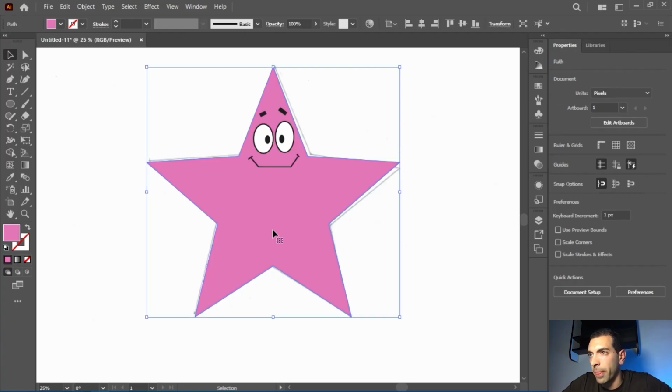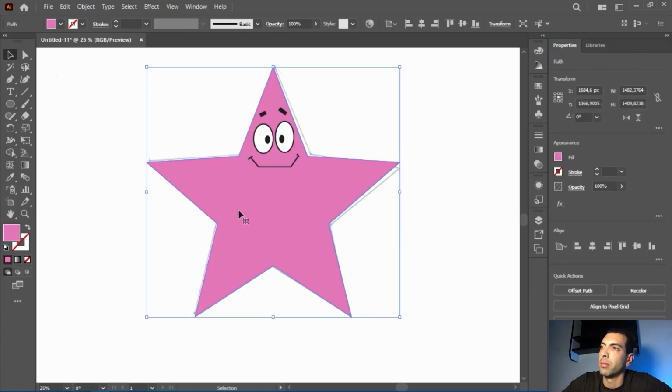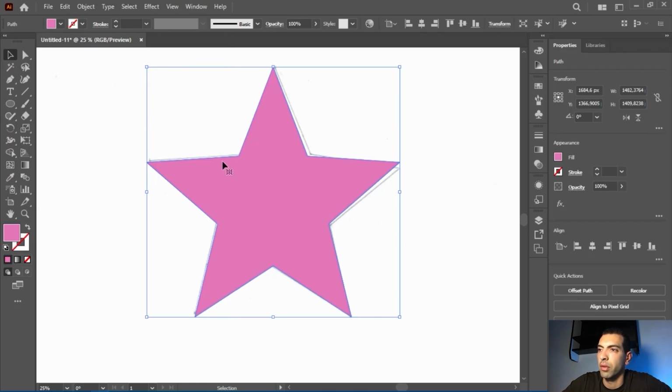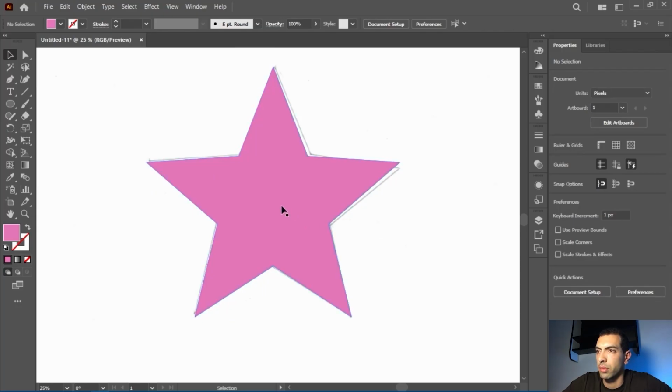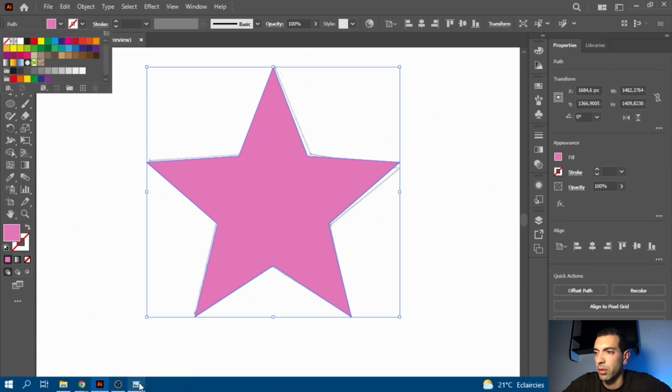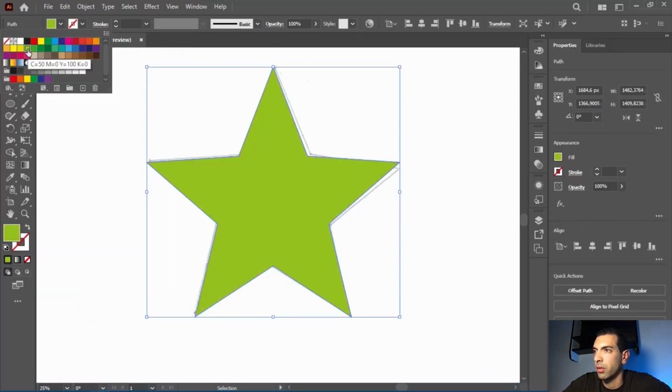Okay, now I'm gonna select my pink star, edit, copy, edit, paste in place. Now we have two stars on top of each other. I'm gonna select this, turn it to what's the color? Green. Yes, it's a light green. Gonna choose this color,